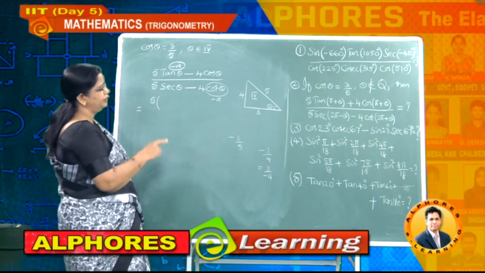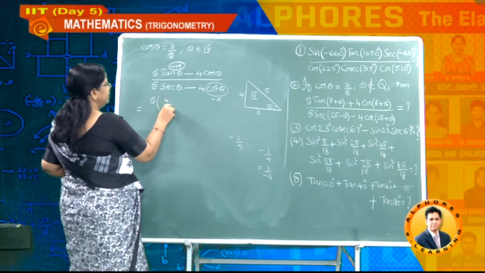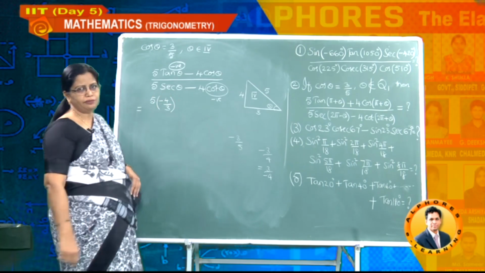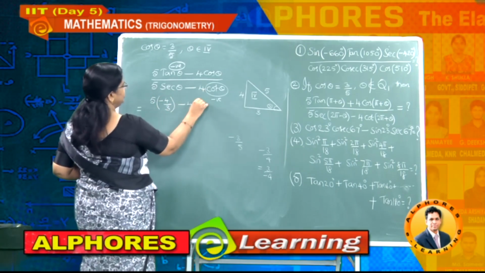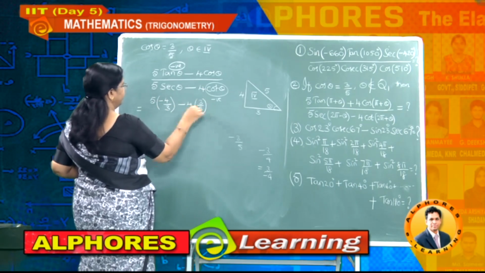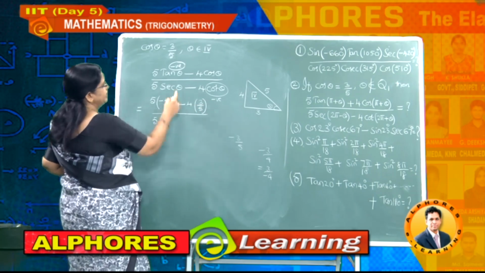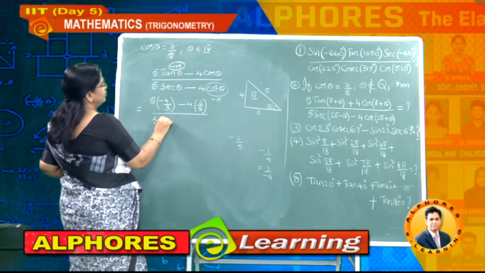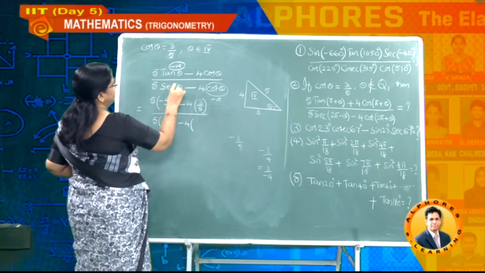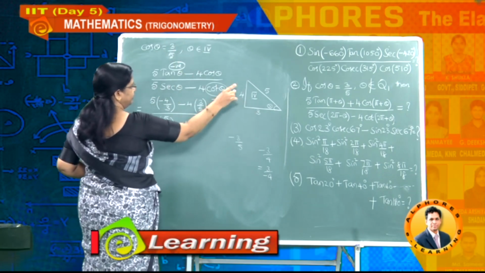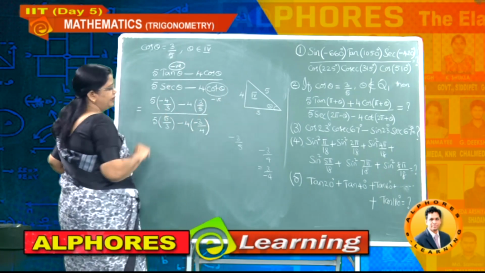What is the tan value? Opposite by adjacent. So 4 by 3, but it is negative, which implies minus 4 by 3. After that, minus 4, this is positive only, so 3 by 5, and divided by the denominator 5 times secant, which is the reciprocal of cos. So 5 divided by 3, and next minus 4. Now this value is 3 divided by 4, but negative extra, so minus.